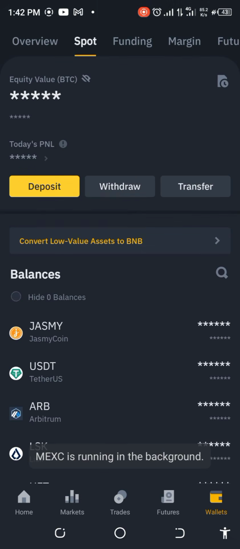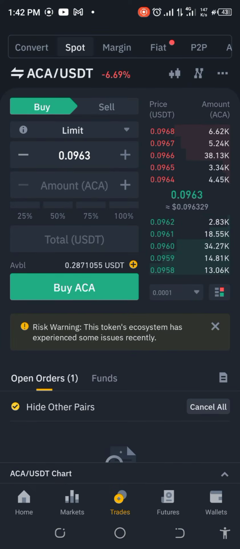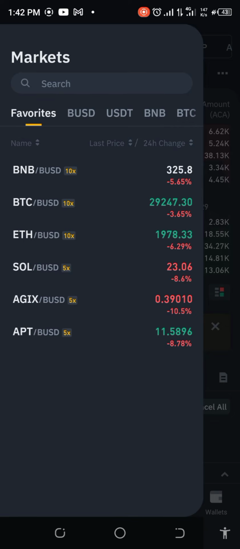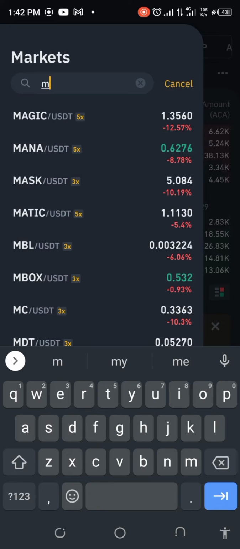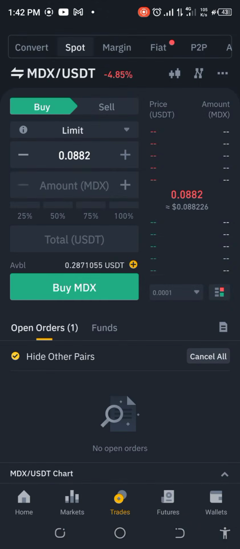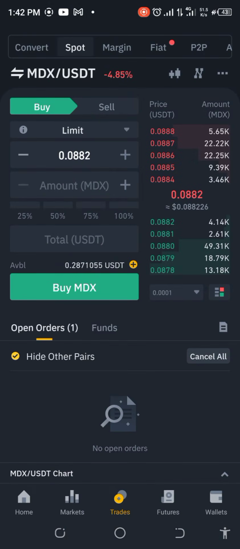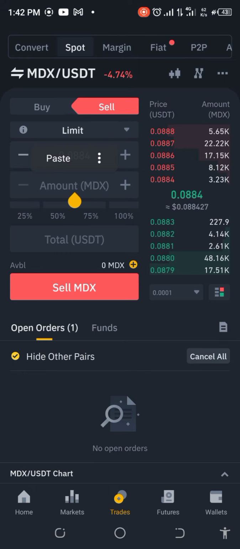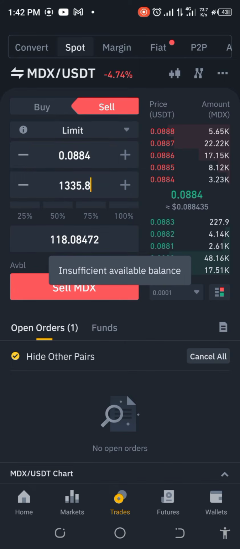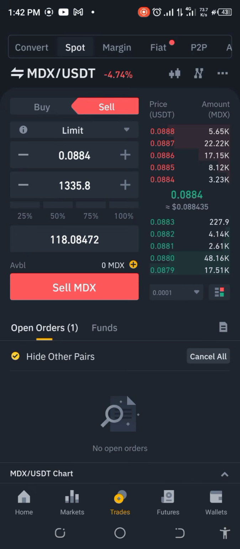Okay, quickly let's look at this. We're going to MDX. So you can see, obviously, there's a difference. And of course, I say, wow, at least this is not as outrageous as 338%. So at least this looks a bit more normal. Now I want to sell that and see how much we get. Like I told you, this is about 18%. You can see here, direct. That's why I'm using $100, so that you can understand and see the profit potential: 18.08%.